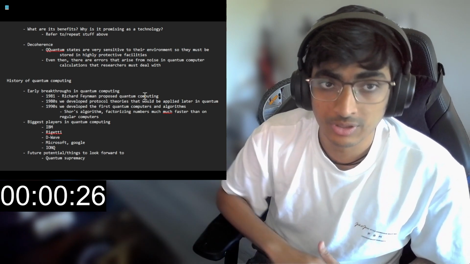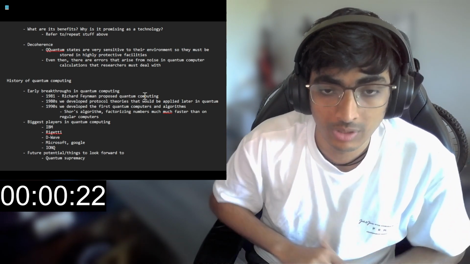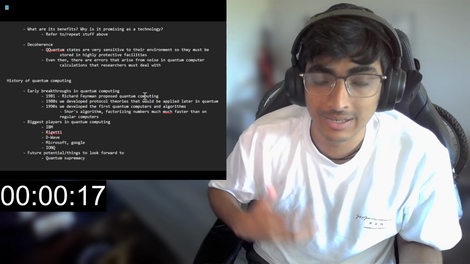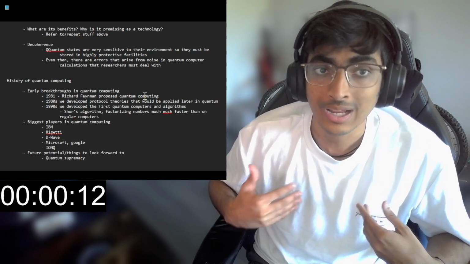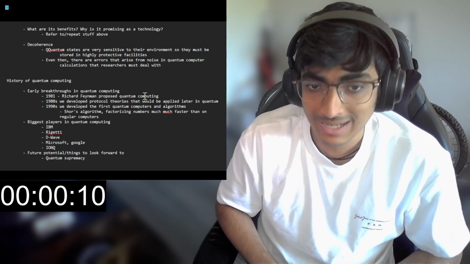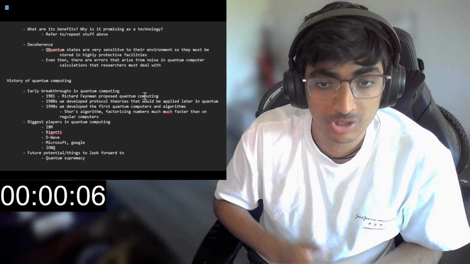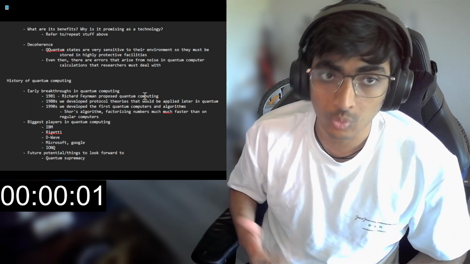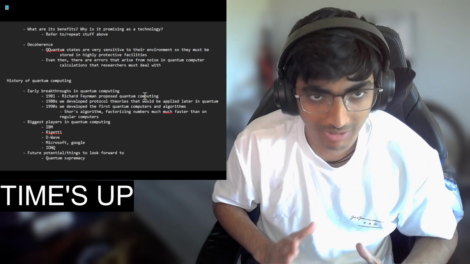In terms of a brief history of quantum computing, through the 80s, there was a lot of proposed theorizing about quantum computing, especially from renowned physicists like Richard Feynman. In the 90s, we developed the first quantum computers and algorithms like Shor's algorithm, which showed that it can be exponentially faster for certain tasks. And now we're into the phase where companies like IBM, Rigetti, D-Wave, Microsoft, Google, and IonQ are actually experimenting with quantum computing practically.